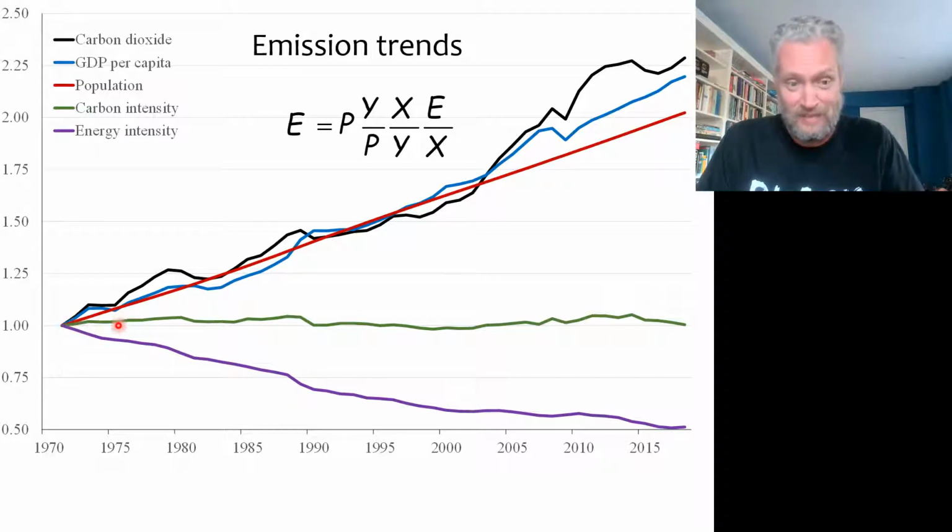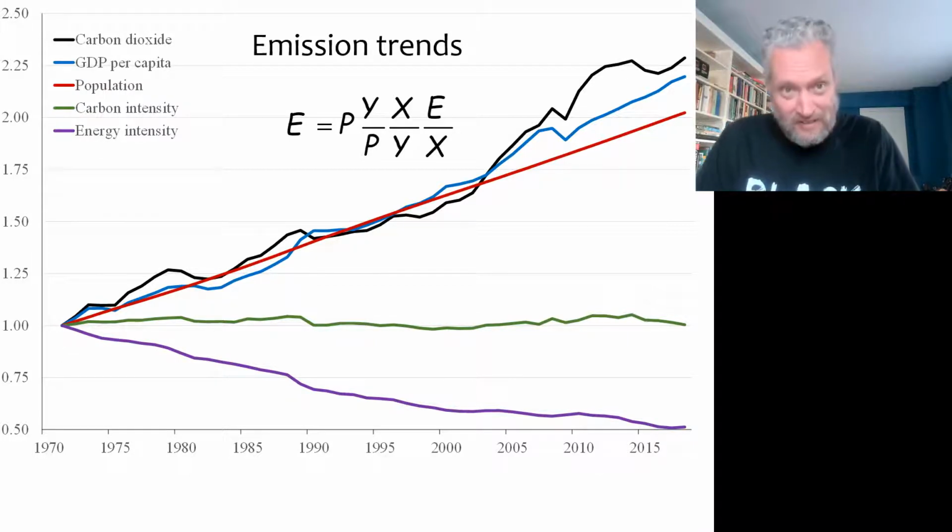It started here, it went up a little bit as we started using more oil, then it went down a little bit as we started using a little bit more gas, and then it went up again as the coal-rich economies of India and China started growing. And then in the most recent years, it has come down a little bit again. But over the 50-year period it has barely moved. All the hype about renewables has barely made a dent in the carbon intensity of the energy supply.